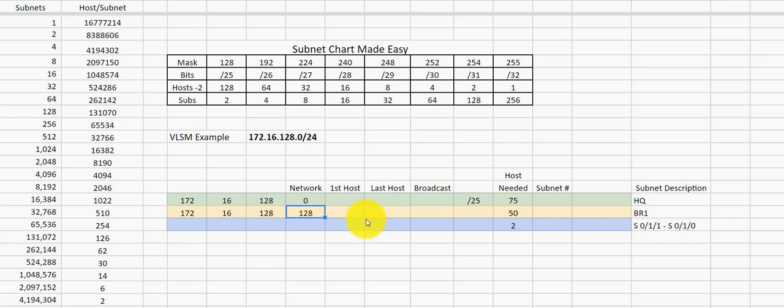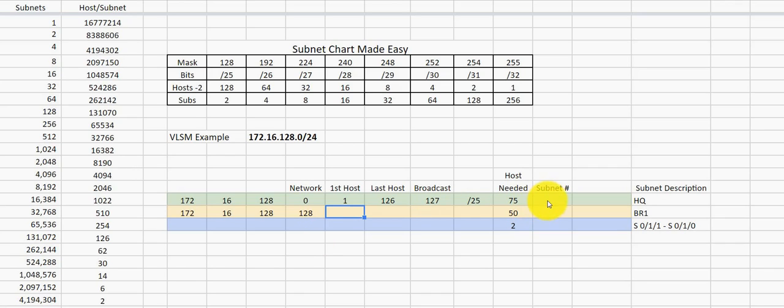So I'm going to write out 172.16.128, and I'm using the number 128 to calculate by. So I'm going to go from 0 to 128. My broadcast address is going to be 1 less than that, so that's 127. My last host address is going to be 1 less than that, so that's 126. And my first host is going to be 1 more than my network number, and that's going to be a 1.